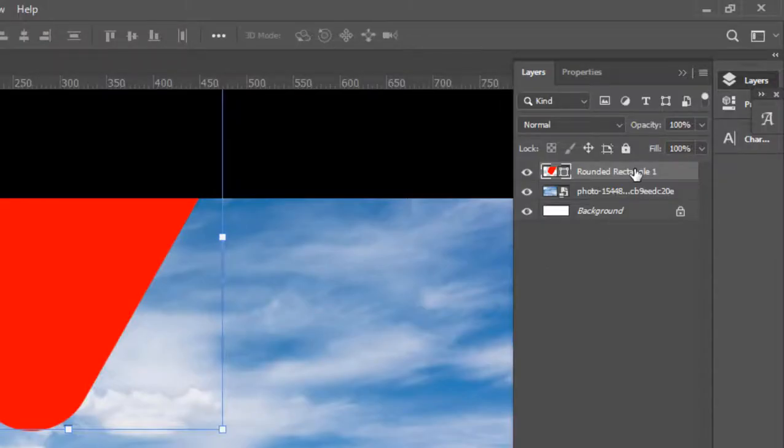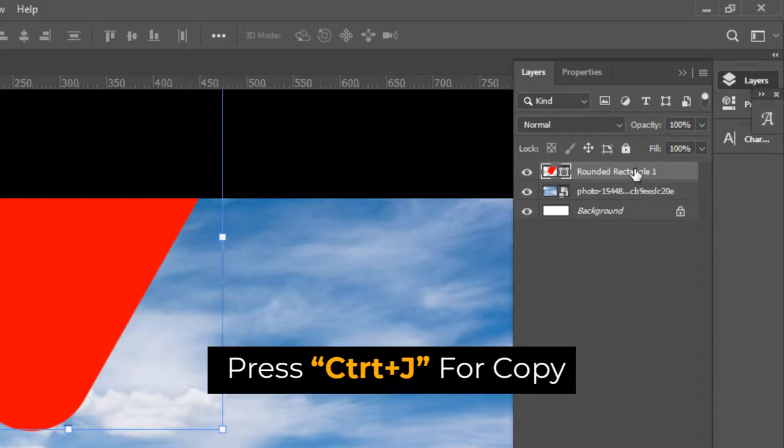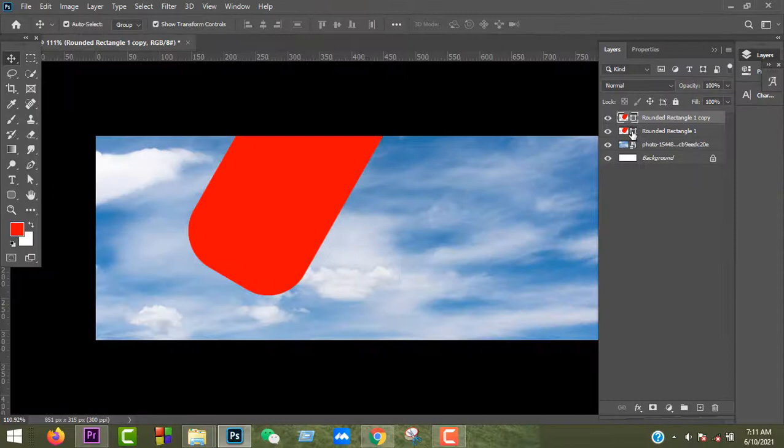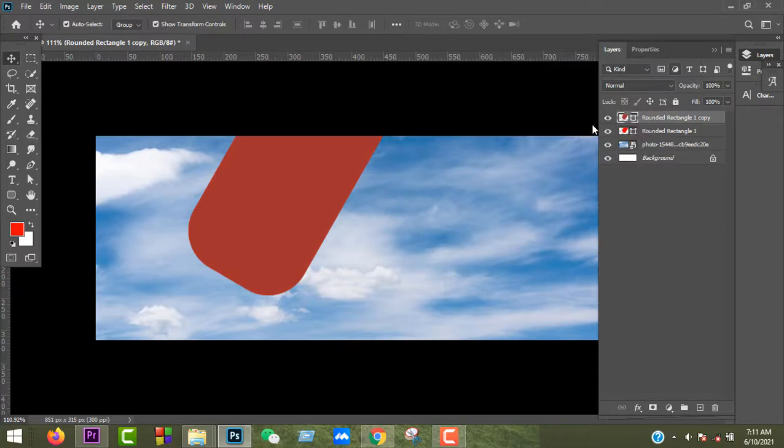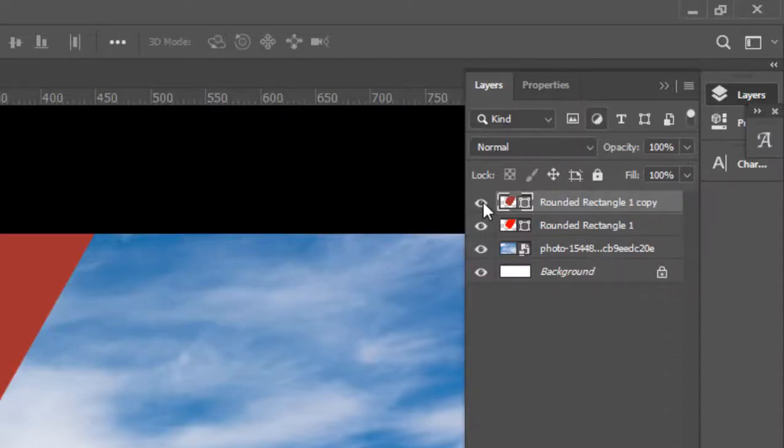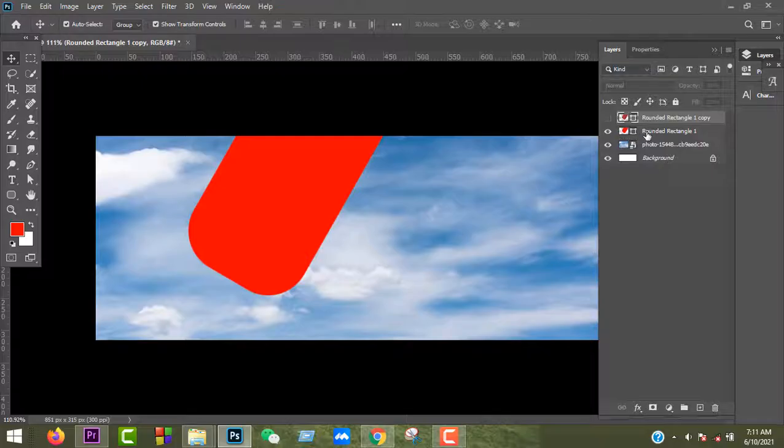Guys, then click the layer and copy another time, so press Ctrl and J from the keyboard and change this color. Okay, that color I think, and this eye button now off. Okay, our layer, just one layer is open, and click this one, another layer, and click this layer and go to File and place